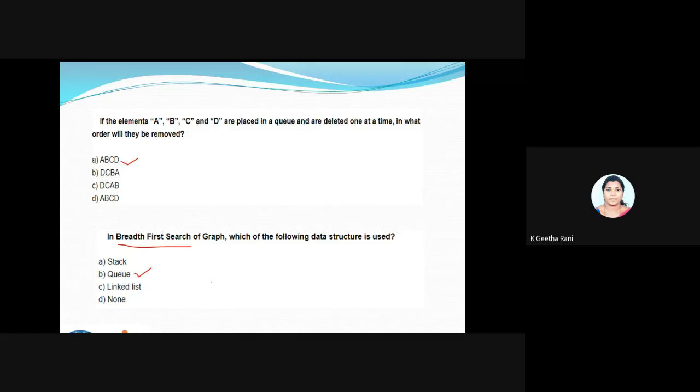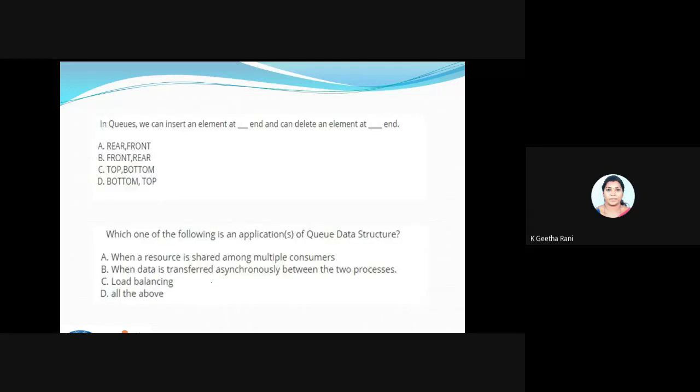One more thing I forgot to say: under the queue we have different types of queue. In a stack we don't have any types, but in a queue we have some types, like the circular queue. We saw a normal queue. Now we have a circular queue, a priority queue, and a DQ. DQ is also a type. We'll be learning all these types of queue in later sessions. It's just a very simple question, just to recap the concept.